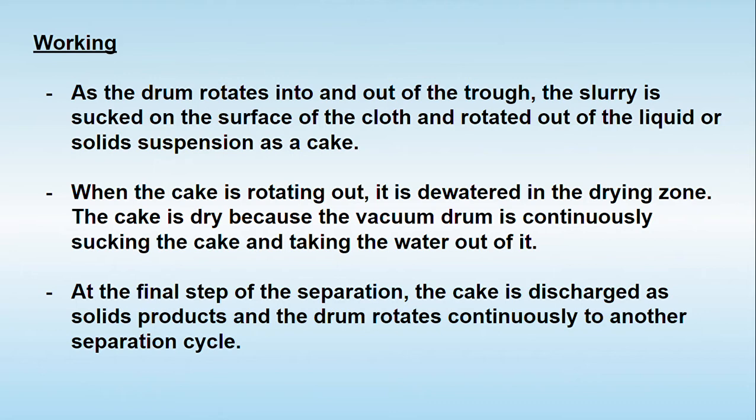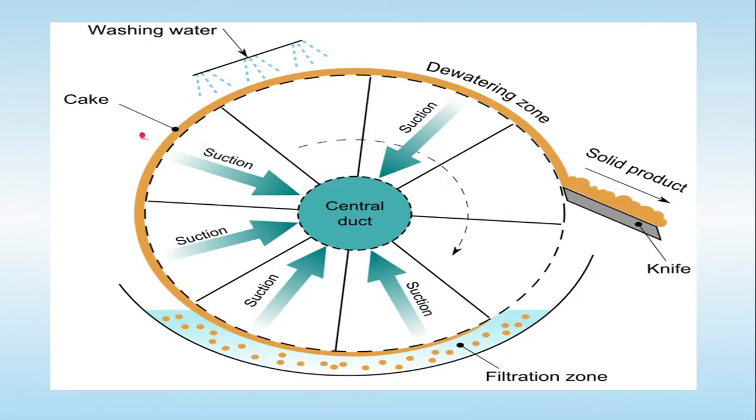The first area in which the suction is taken is called the suction zone, in which the lifting or sucking of the slurry takes place. Once the slurry is sucked, the next one is called the filtration zone, in which the exit of the filtrate is carried out. Here the liquid is sucked inside and the cake is deposited outside.